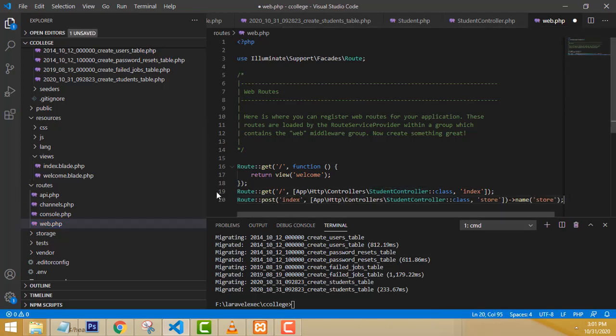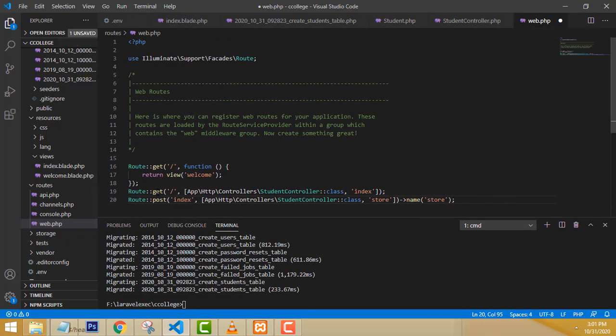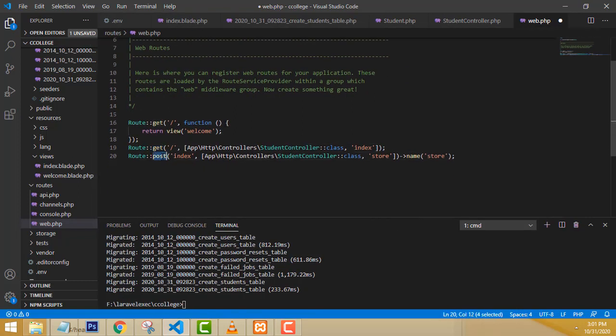Here you have to notice why we have put get and post. What is the difference between them? Many students struggle with this concept. What is the difference between get and post, right? Get means we get the values. Post means we post the values, right? Get is when the page is loaded, it is getting your view page.